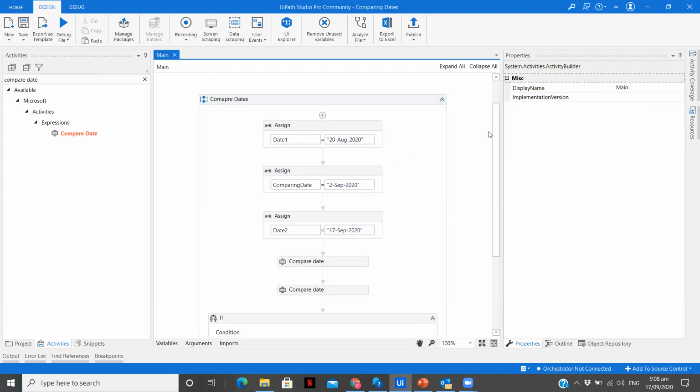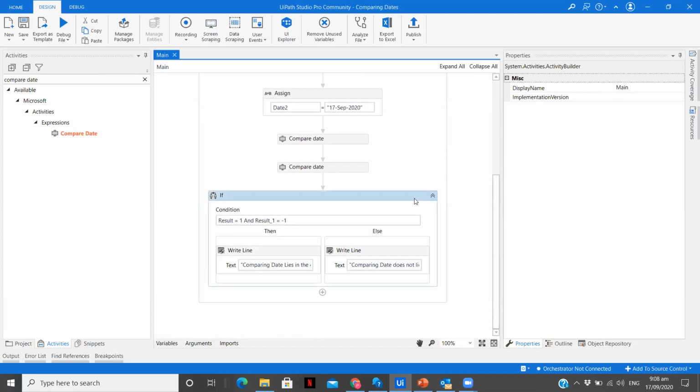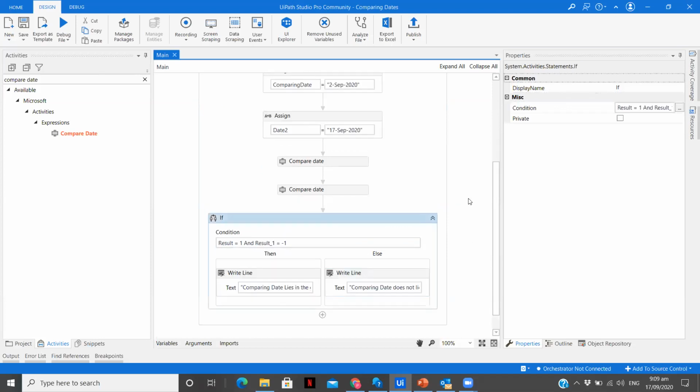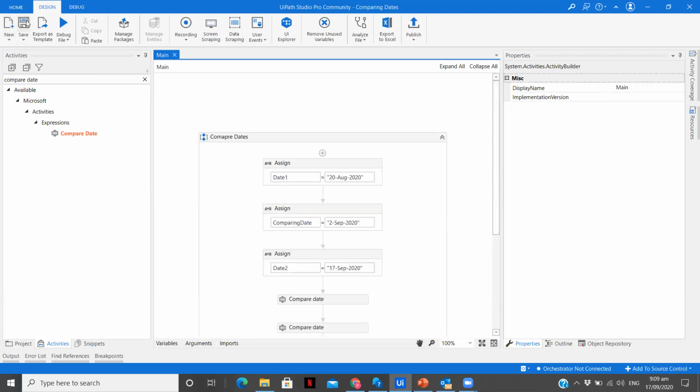If not, then it doesn't. To check that, we are using the If condition. So if result equals 1 and result_1 equals -1, my comparing date lies in the given range, and if not, then my comparing date does not lie in the given range. So this was the easy two-step method that we followed.